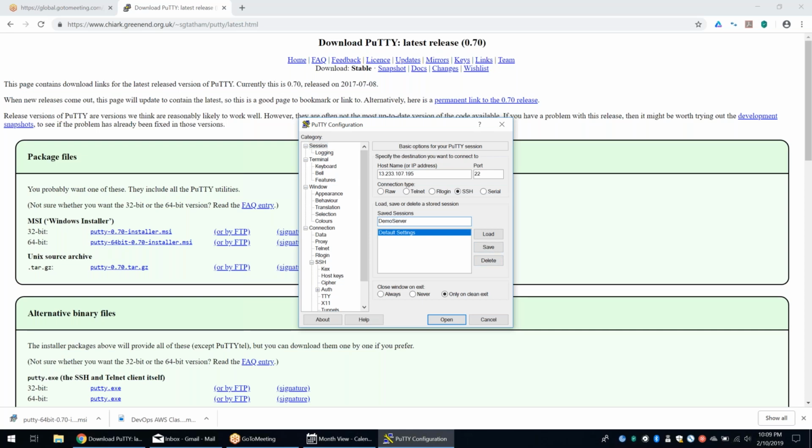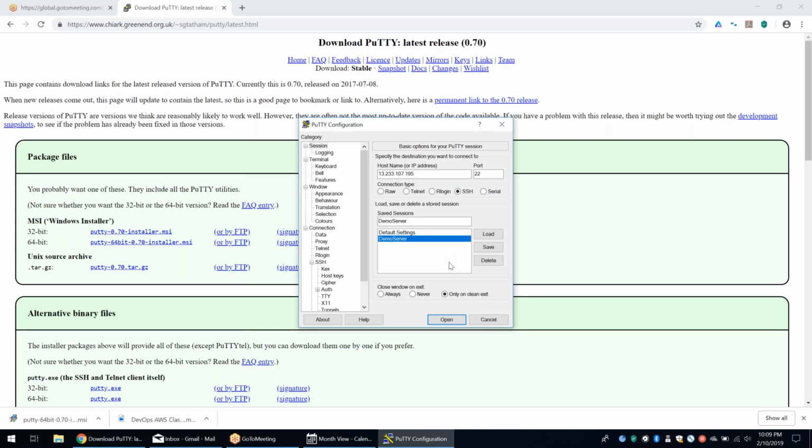Tomorrow if you want to log in again, click on the Save button. It came down. Tomorrow you can simply select your server and click on Load, and it will load all the details you have given now. So every time you do not need to enter the server details again and again. That's how you save the session, and next time you can log in.